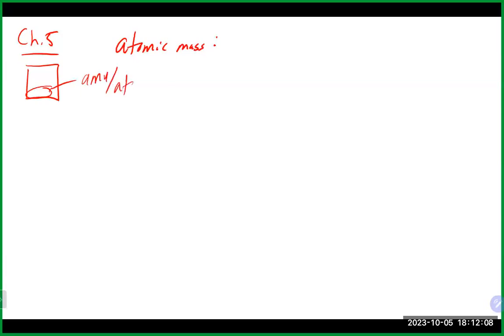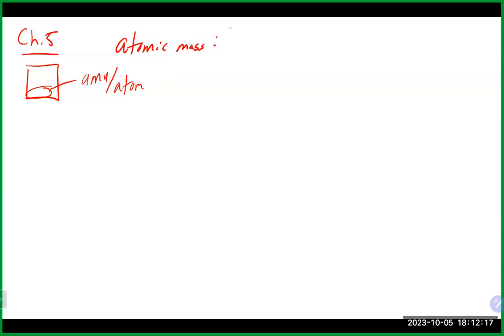Okay, we're picking up here with chapter 5, which we started, and we were talking about chemistry things here. We talked about atomic mass, I believe. And remember that the atomic mass that we do see on the periodic table, which is the number on the bottom, can be represented as AMU per atom, AMU being an atomic mass unit. And they are, as we talked about, basically average atomic masses of all the naturally occurring isotopes for those particular